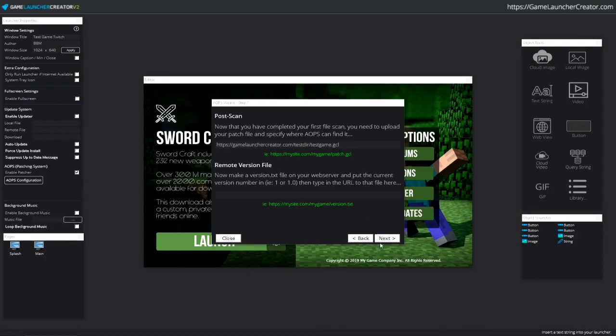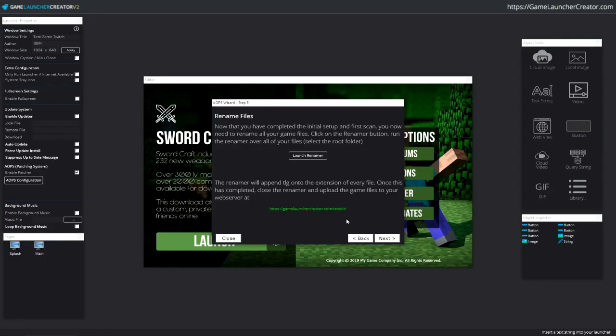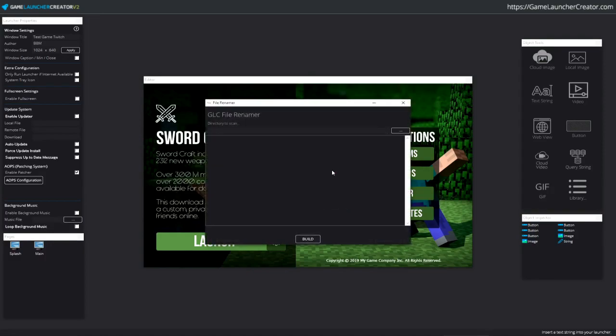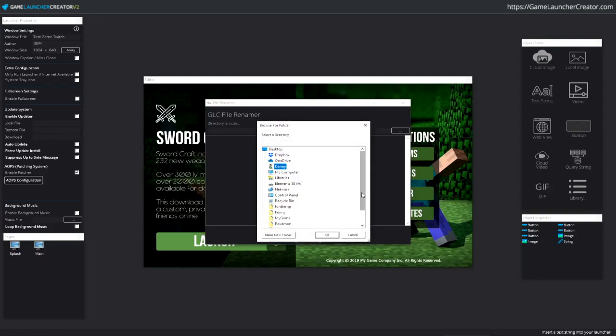What I need to do is just put in here a link to that as well. So it's gamelaunchercreator.com/testdir/version.txt. Click on next. And now what we need to do is we need to rename the files. So we click on Launch Renamer, and it will launch the Renamer application. So it's asking us for a directory to scan. So you click on this button here, and then we'll go to G, test game,